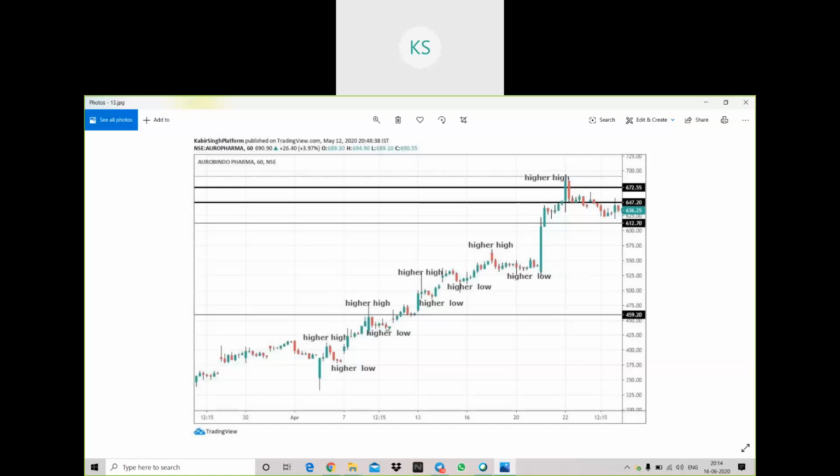Then the stock went in secondary trend and it has made a low here, and that is a higher low because the previous low was here. This low is higher than this point, so a higher low is formed here. Then again the stock has moved in upward direction and made a new high. This high is higher than this, that's why we have given the name higher high. And then there is a secondary trend, and it has made a low before going up, so that will be my higher low.